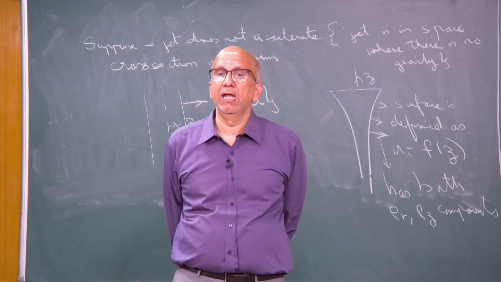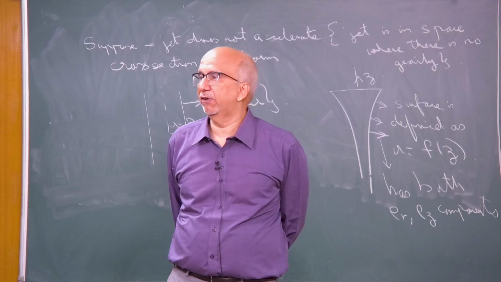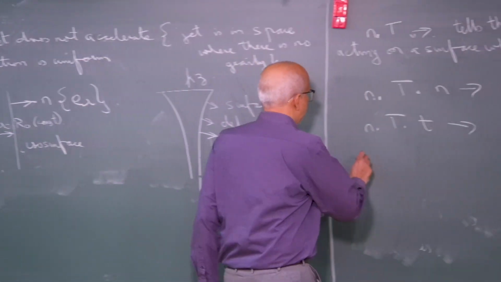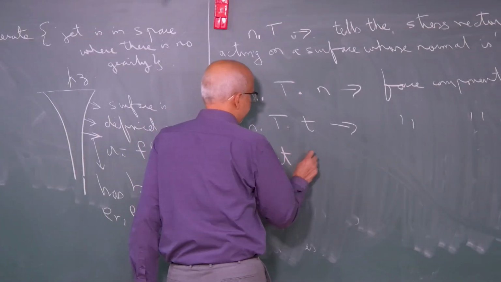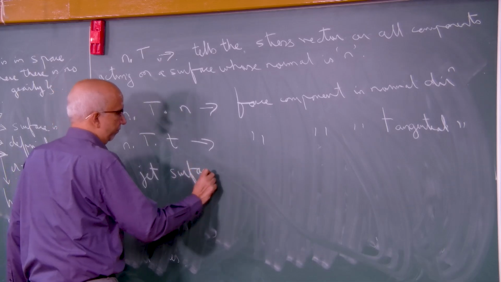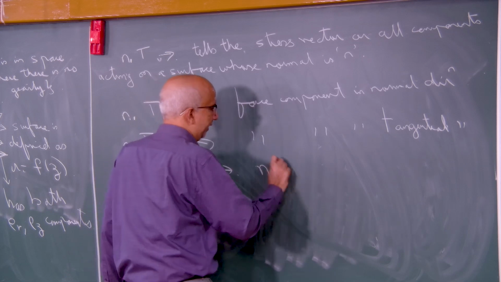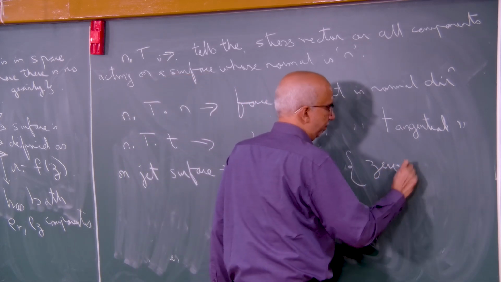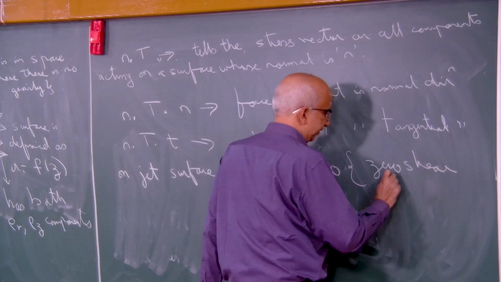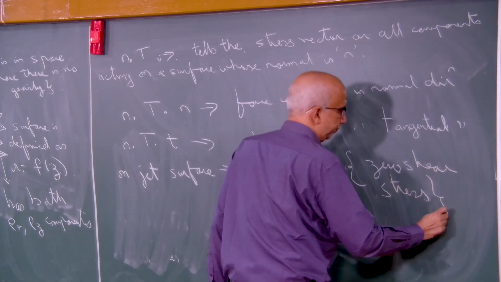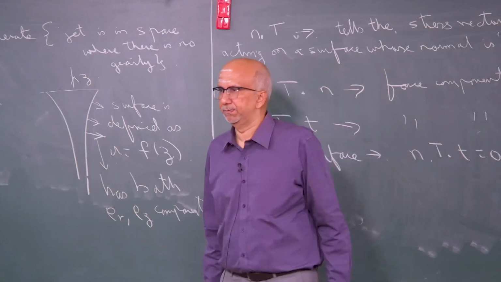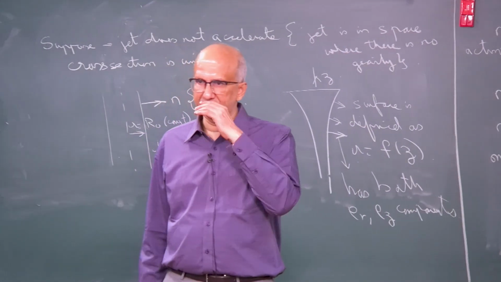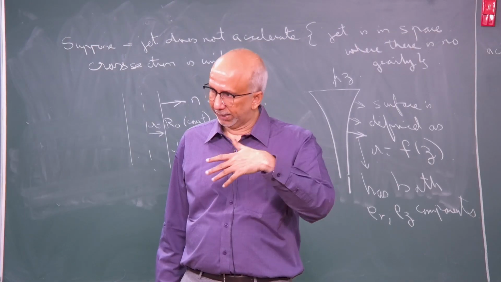I need to find this, and the boundary condition I will have for this gas liquid interface will be, on the jet surface, I have to put n dot t dot t equal to 0. This is my zero shear stress condition. The tangential stresses are 0 because gas does not give me anything.